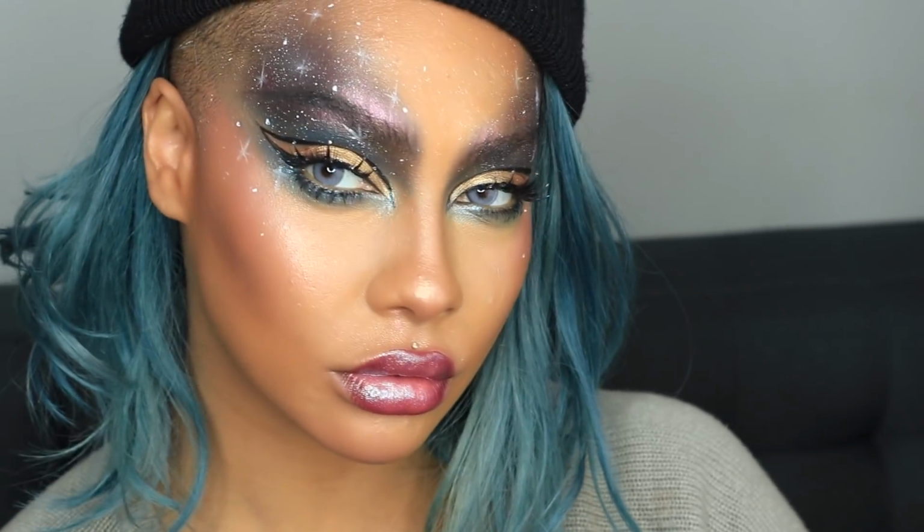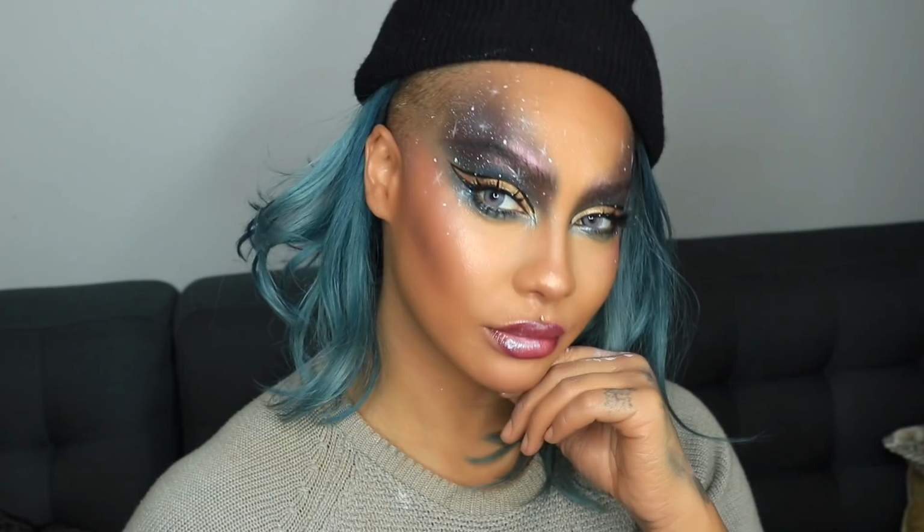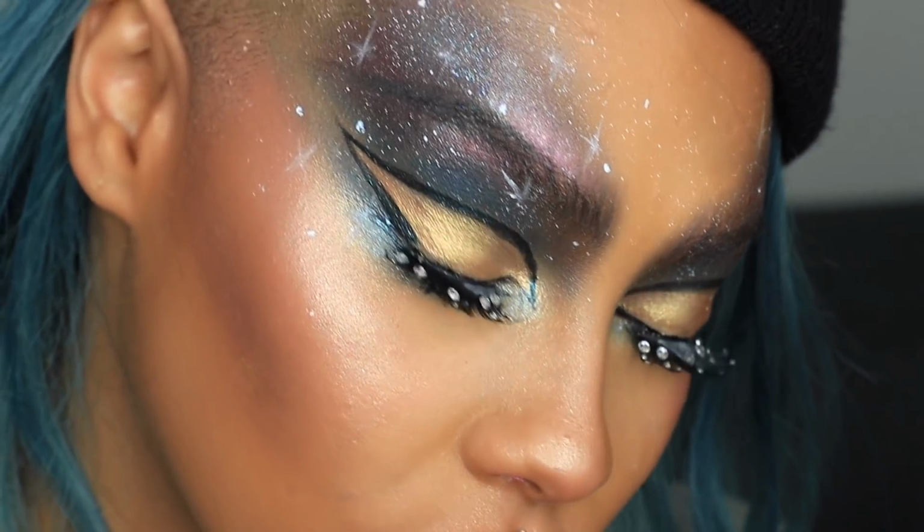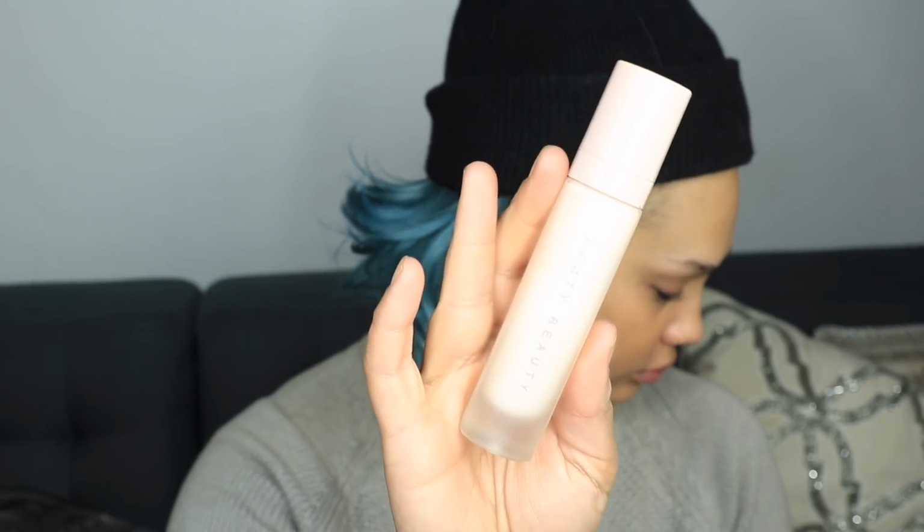It's a good day. In the spirit of Halloween, I thought I'd do a little galaxy tutorial, or if you just want to twinkle like the night sky, or if Bae says he wants more space, then stay tuned to get the look. I'll be starting out barefaced, and I'm going to go into the Fenty Beauty Soft Matte Profilter